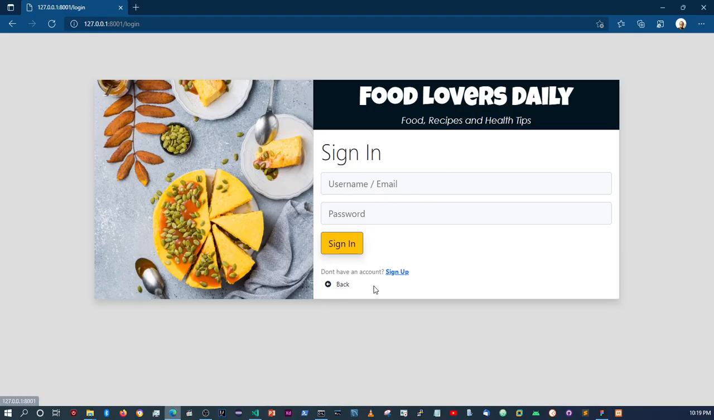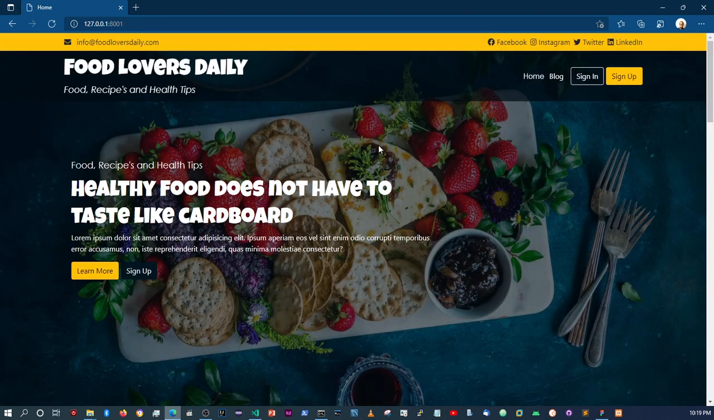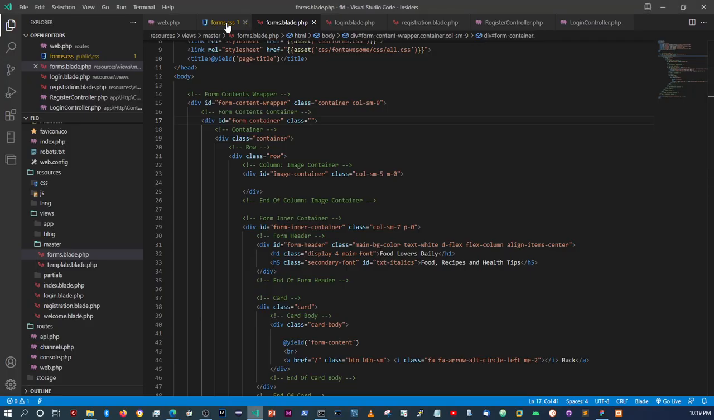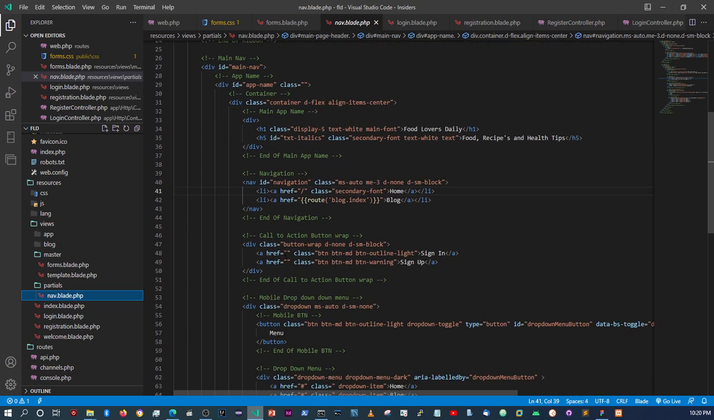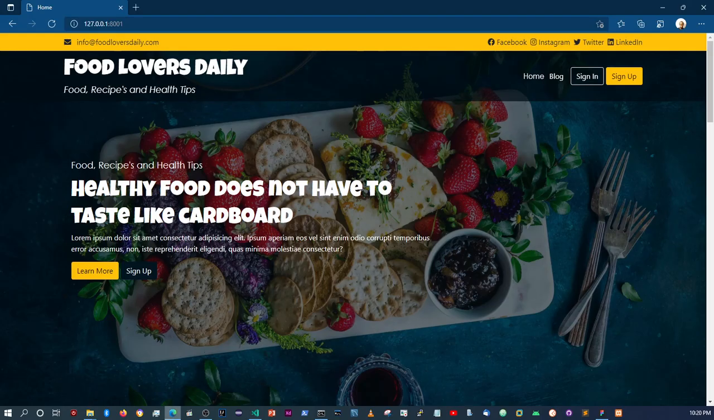So yeah, that's basically it. Oh yeah, by the way, we need to wire up these two buttons as well. So what we can do now is come to the partials folder, navigation, and then we're gonna come where it says sign in, sign up. So here we're gonna say route, that's sign in, so that's gonna be login, and then this one route register. Okay, so if I come back here and refresh